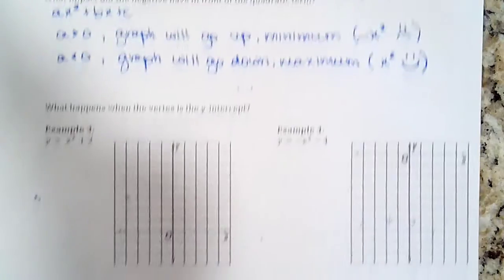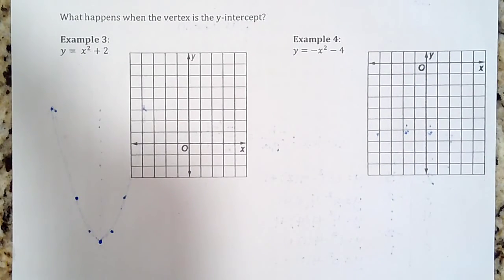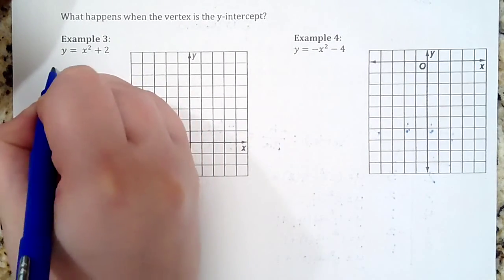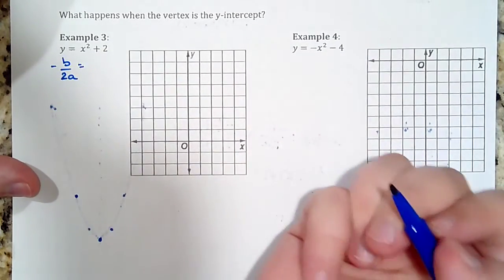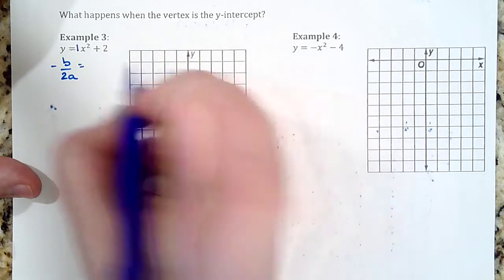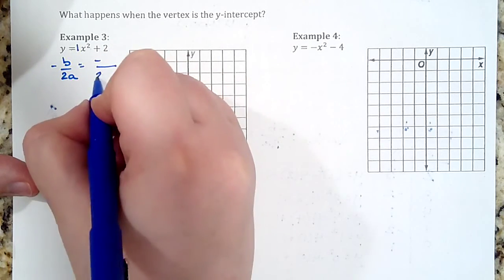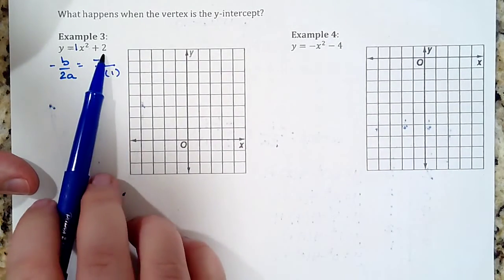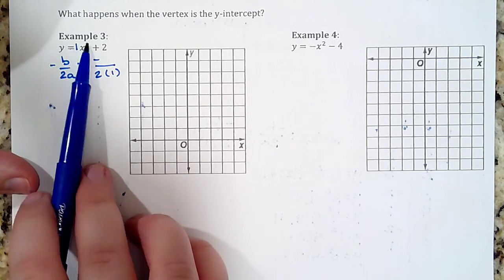All right. Let's look at a few unusual examples. So what happens when the vertex is the y-intercept? Well, if I do my quick math here, I do negative b over 2a for my vertex, and I plug things in. Notice I have an a, it's technically just a 1. So I have negative over 2 times 1. But I don't have a b term. This is my constant term. I need the term that has an x attached to it. This doesn't fit